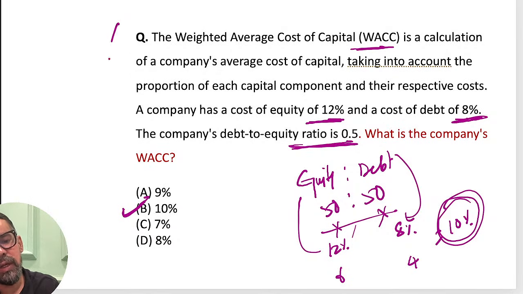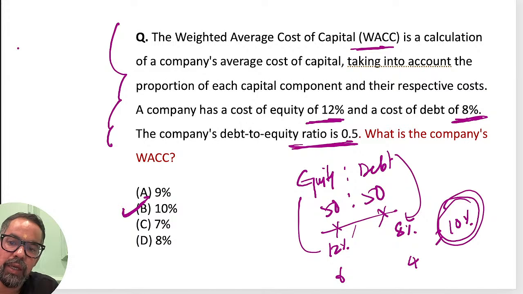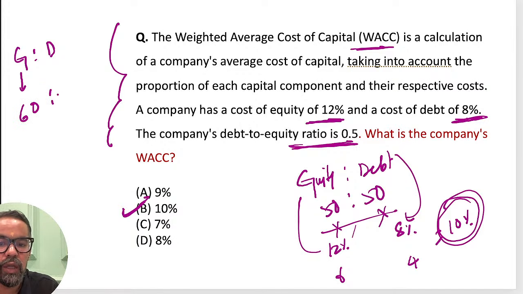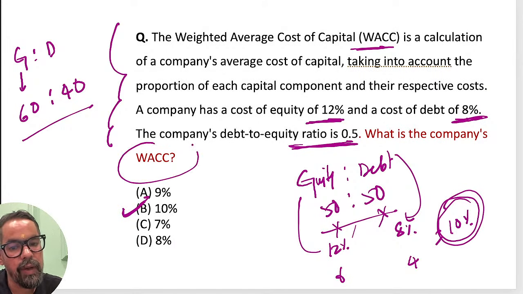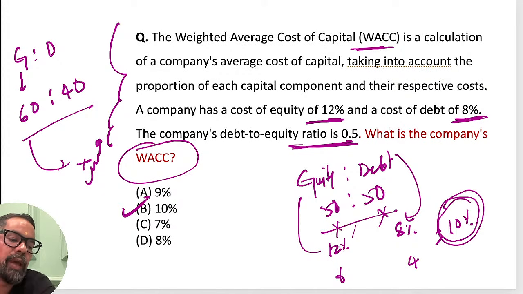अब same question के अंदर another part, if company is planning for a new debt to equity ratio, ठीक है, suppose if I reverse the game, so let's say 60-40. So what will be the new weighted average cost of capital or how this change will impact the company's weighted average cost of capital? समझ में आ जाएगा. तो अगर हम इस पे बोलेंगे तो what will happen? Weighted average cost of capital will increase. ठीक है, so weighted average cost of capital will increase in this particular one, right?